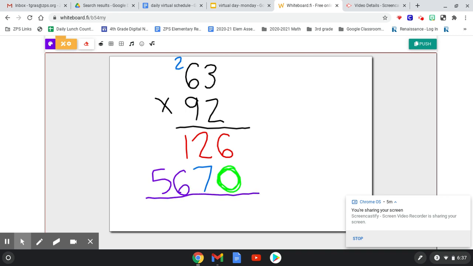The next step in the problem is just to add after they've all said their goodnights. So I need to add my ones column, which is 6 plus 0 for 6. My tens column, 7 plus 2 for 9. My hundreds column, 6 plus 1 for 7. And my thousands column would just stay 5. So my total